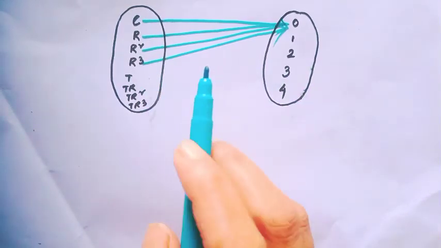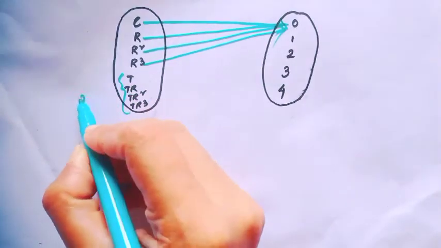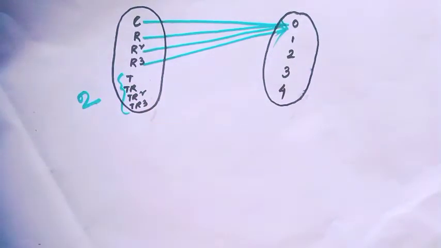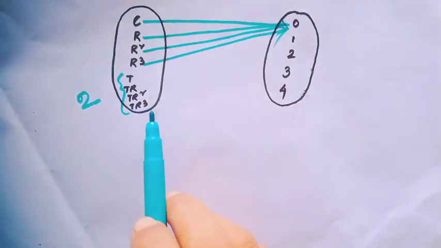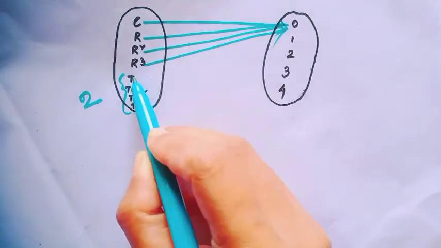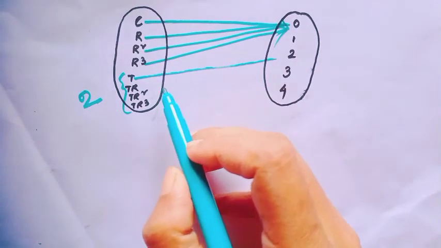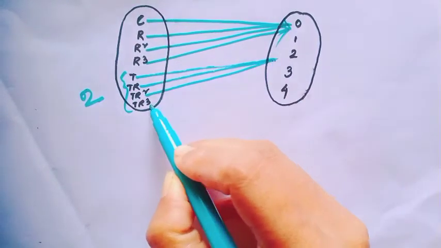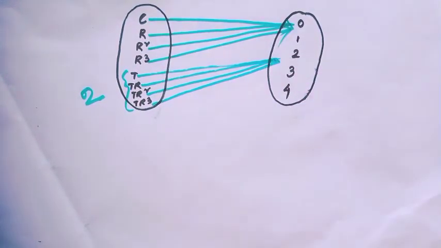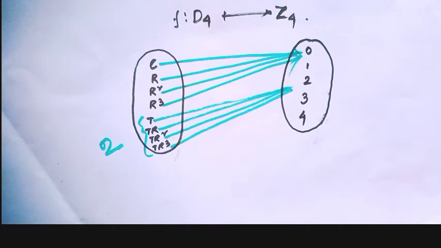But here we all know the order of a reflection is 2. So each element is its own inverse. So I want to send them to 2 in Z4, because we all know only 2 is the element in Z4 which is its own inverse. Are you getting? Let's see. Is this a homomorphism? Is this preserving structure?